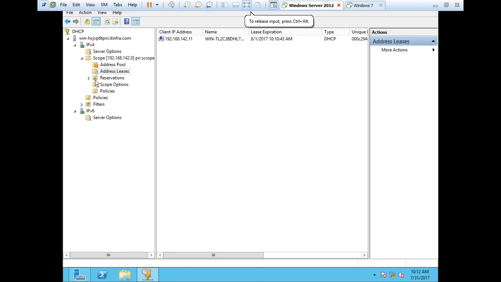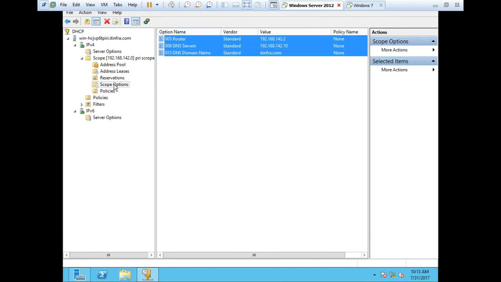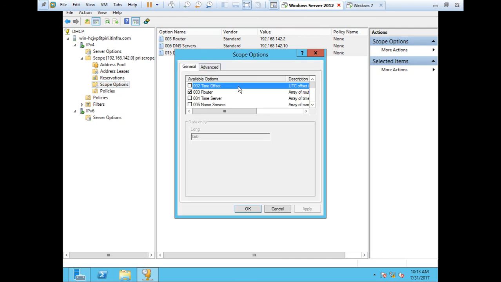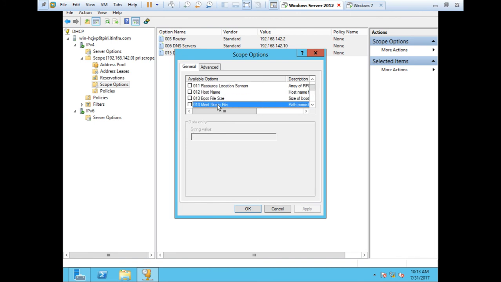so we have some other options. Like you can see for the scope option we have added three services there, but if we want to add another service then we can add it from the configure option. And we have some time offset and time server or the name server. We have a list of options which we want to add in our network, so we can just select them and fix it. Like I am going to select